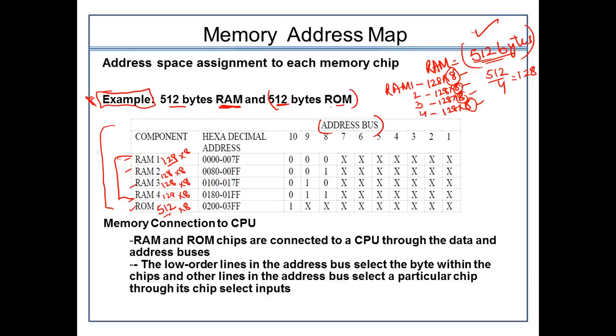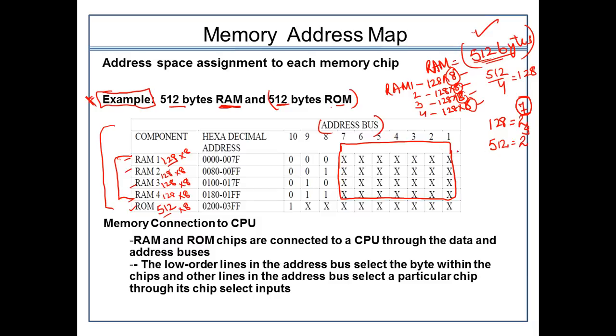It simply depicts that 128 is equal to 2 raised to power 7, and 512 is equal to 2 raised to power 9. So this is the point. It means that in order to designate the addresses of each RAM, I need 7 bits. A 7-bit address is required. So that's why these 7 bits in the RAM are the same.